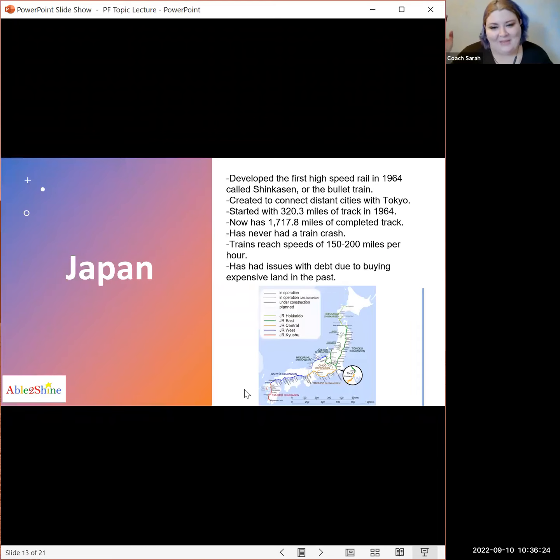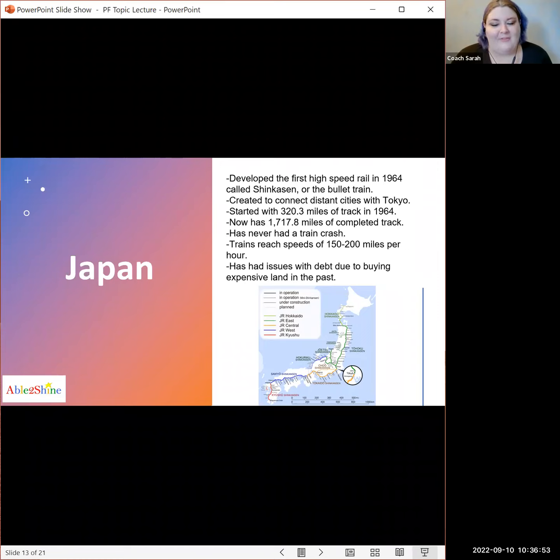And finally, we have Japan. This is the birthplace of the high-speed rail line. They developed their first rail line in 1964. They call it the Shinkansen, or as Europeans or Western people might call it, the bullet train, though Shinkansen does not mean bullet train. And they created their first line specifically to connect distant cities with the capital of Tokyo